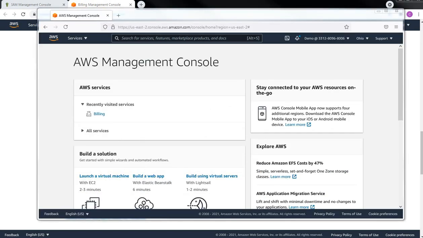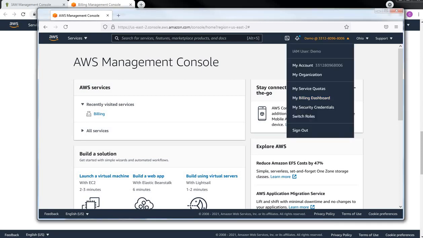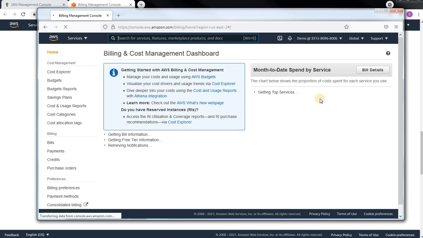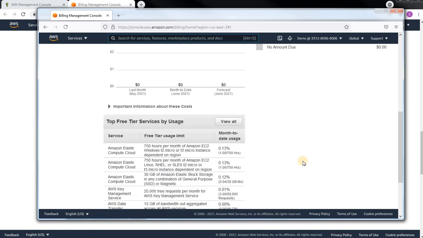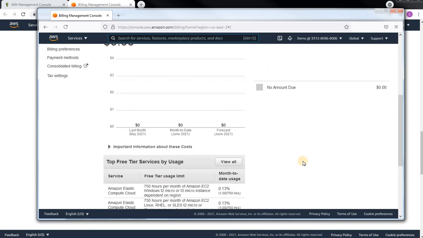I have logged in with the demo user. Now let's go to the billing dashboard and see what happens. Look, it's showing the dashboard with all the information that is needed.